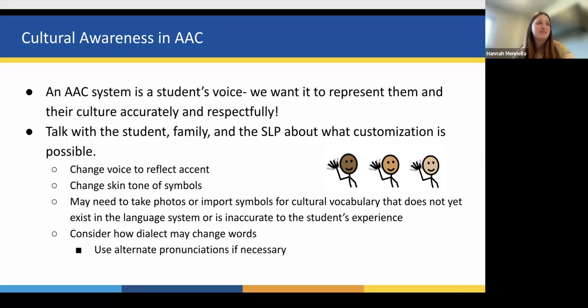He likes it like that. One time I came in and I said, what happened to your voice? And he said, I like it. He had changed it to be that way. That was his preference. As long as I can understand what he's saying, people can understand what he's saying, great.